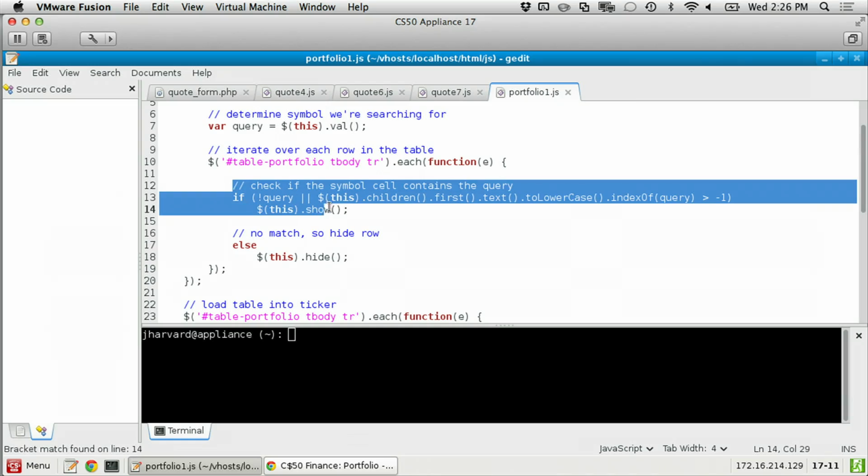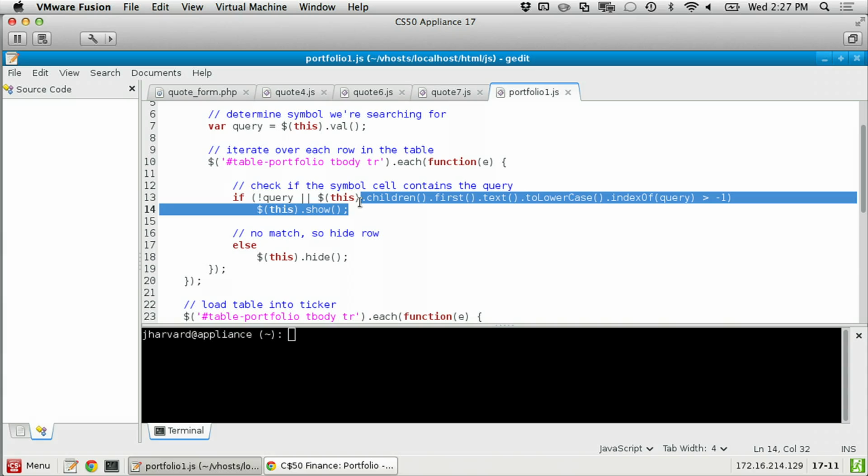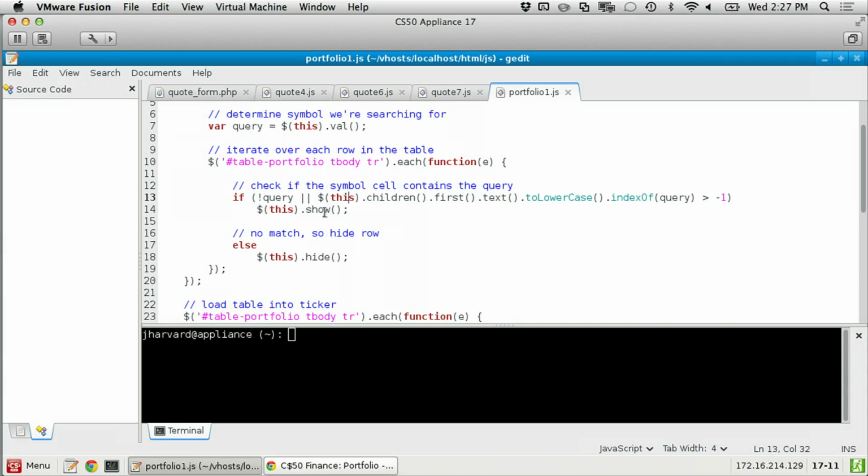So at each iteration, for each of these elements in the table, I want to check if the text of the element, or the text of the cell inside of the row, matches what I'm searching for. So this big long string of commands is how I could do that. So first, again, this now refers to, because I'm inside of a new function, the current row in the table. So I want to take the current row in the table, and I want to get all